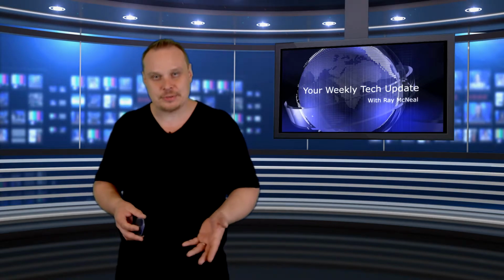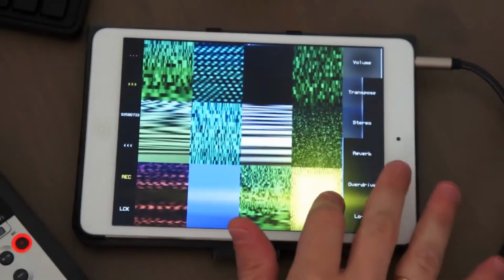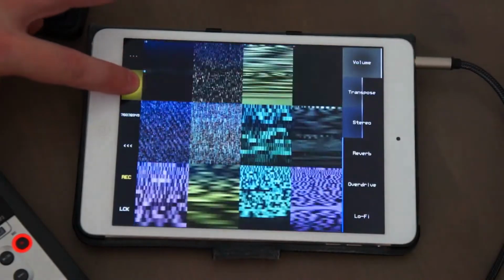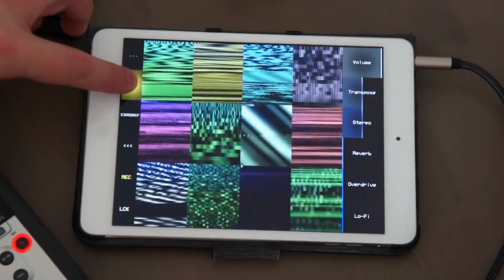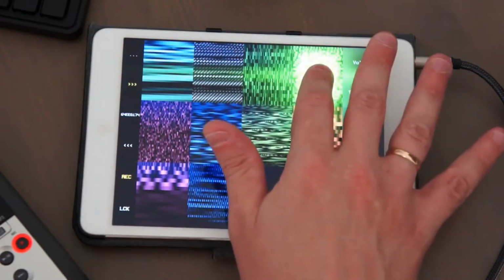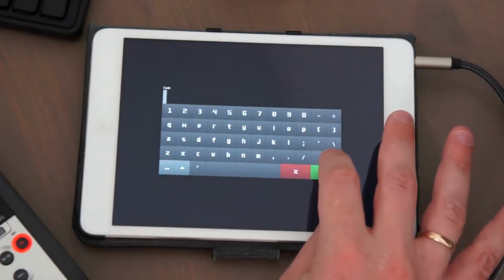The Fractal Bits app has over 4 billion different drum sounds. Fractal Bits is a new drum synthesizer app that allows users to pick from many different sounds to create unique music. The software is able to create over 4 billion distinct drum sounds that are derived from fractal algorithms. The algorithm produces sounds using an 8-character hexadecimal code. This allows users to copy and paste presets that they like and then save a preset for later. Currently, the app is priced at just $2, and it is available on both the App Store as well as